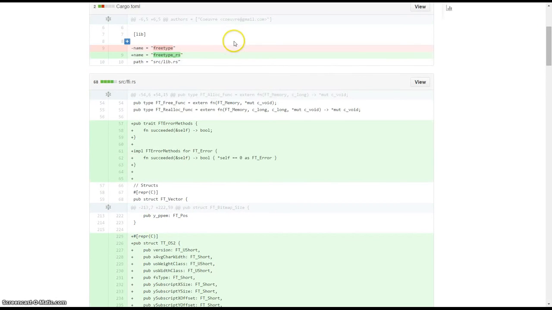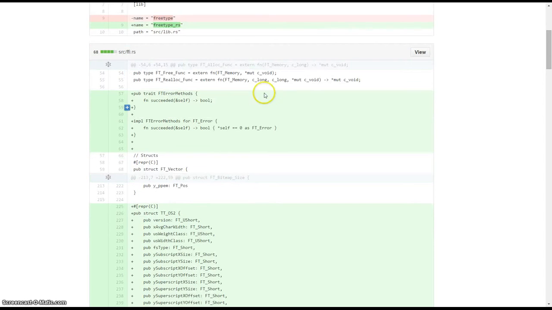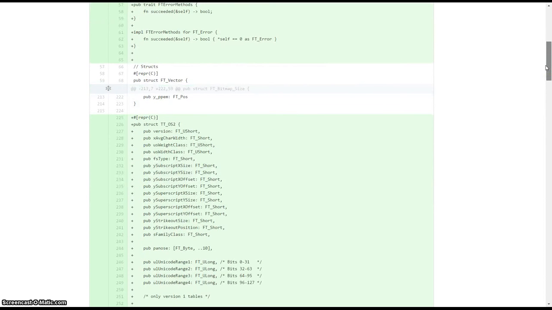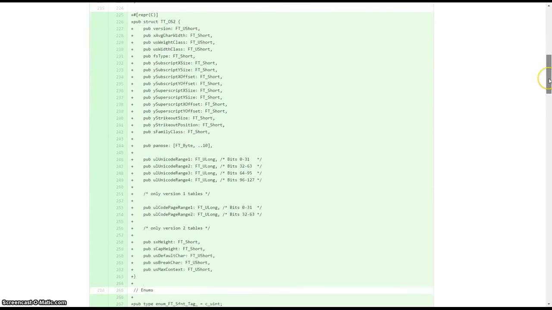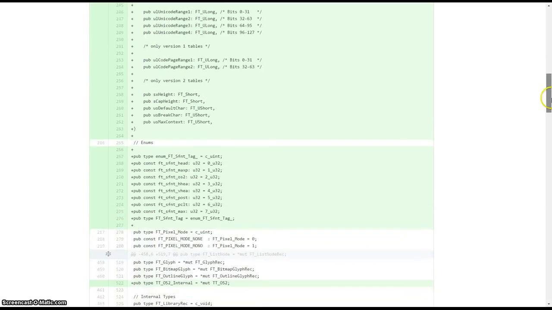The name of the library was changed from freetype to freetype_RS to avoid a namespace collision, because freetype is the name of the library used by Rust freetype also. I added a trait to the ft error type to check whether the error returned was true or false, and we included a structure tt_os2 that provided support for TrueType font tables.